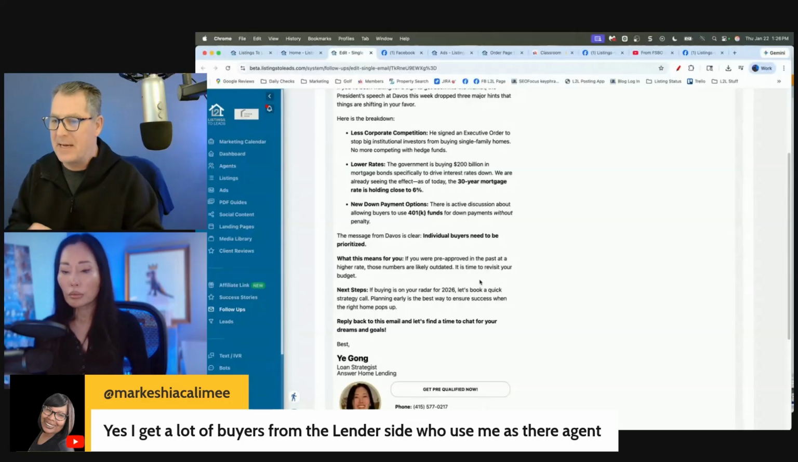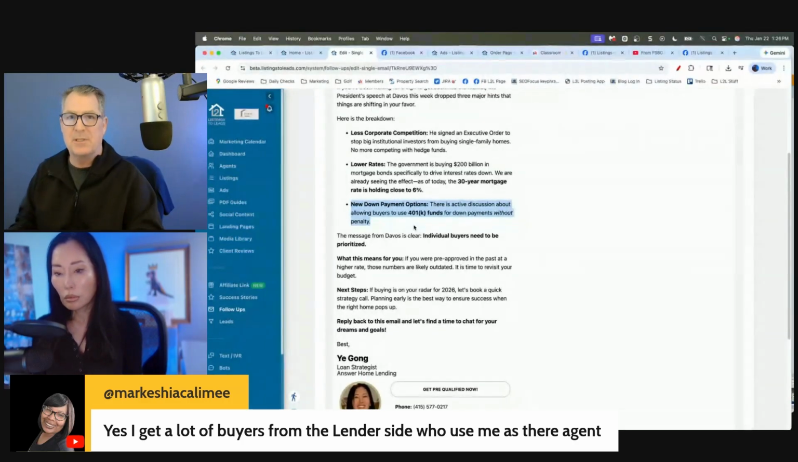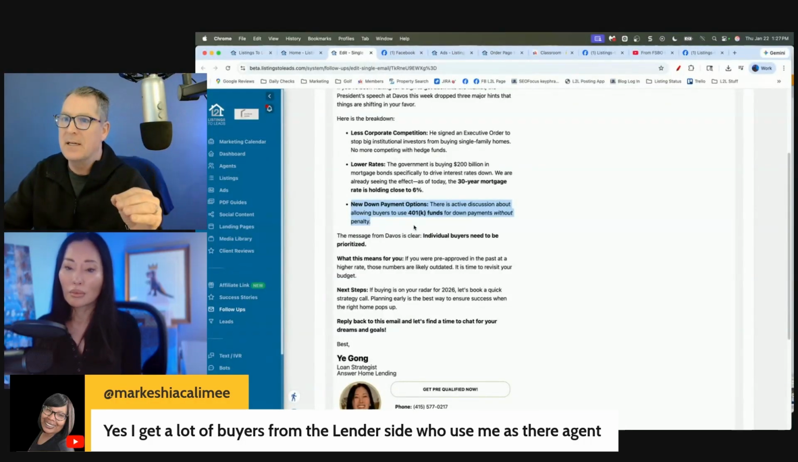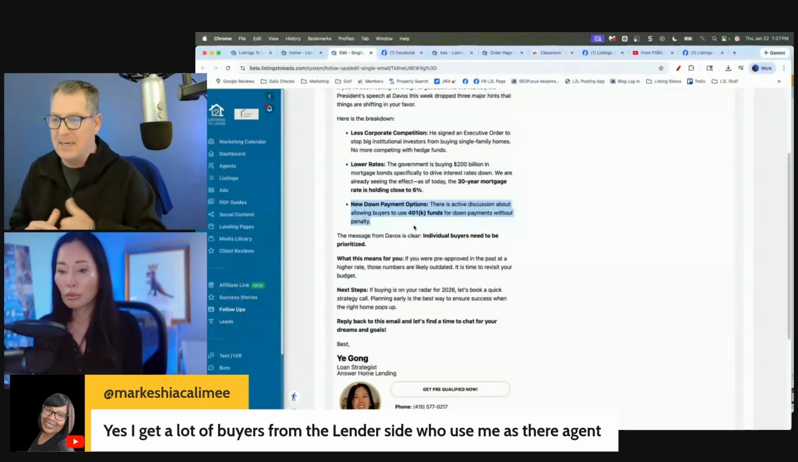But in fact, I'll tell you, I was in one of the larger Facebook groups and somebody made a comment that Trump was talking about 401k. Like 80% of the agents came in and said they can do it already. They can already do that. And the person that made the post was like, you obviously didn't read the difference. And I'm not a lender, but